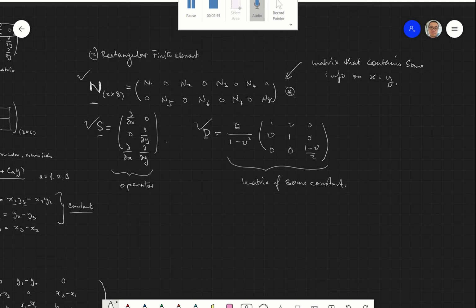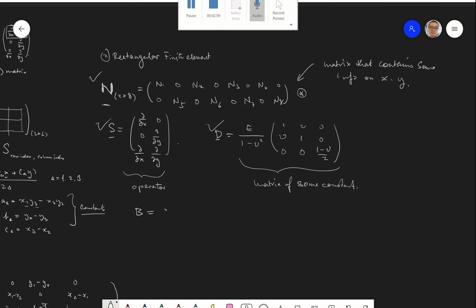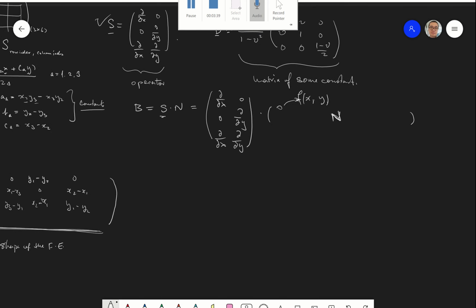So the first thing again is to work out the B matrix, which is basically S dot N. Now the order here is important because you are literally operating d by dx and d by dy on some big matrix here, where each element has some sort of x and y in there. So it's a function of x and y in each of these matrix elements for N. That's why you can do the differentiation and matrix multiplication term by term to work out the B value for a rectangular finite element. And if you work that out,